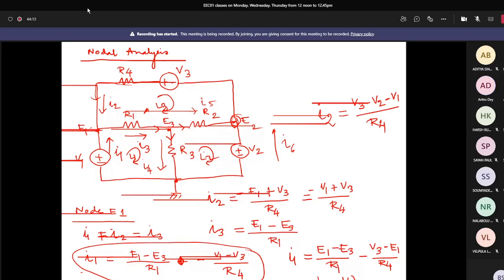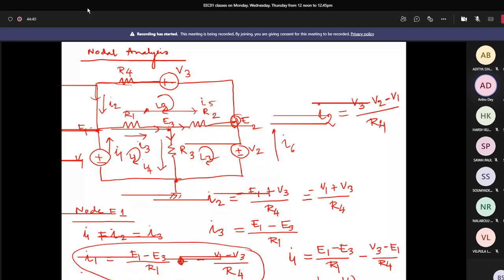No, loops, 3 loops. Now I'm talking about loops. So L1, L2, and L3, 3 loops we can find from here. And from those 3 loops, we can solve the KVL and we can also find I1, I2, I3. Because if you take 3 loops, then there will be 3 loop currents flowing, which are I1, I2, and I3.